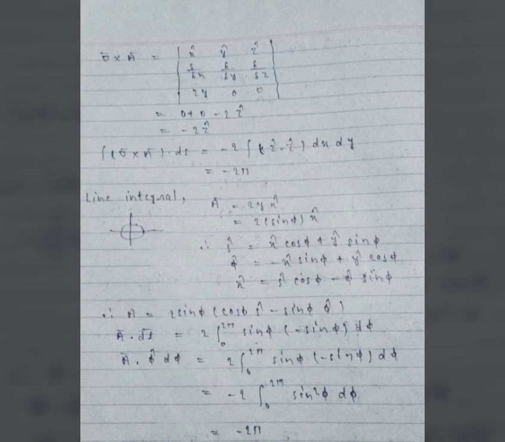So, A dot dl is going to be 2 sine phi times minus sine phi d phi, integral from 0 to 2 pi. This is minus 2 integral sine squared phi d phi from 0 to 2 pi, and this indeed gives you minus